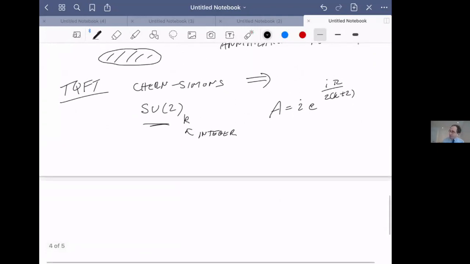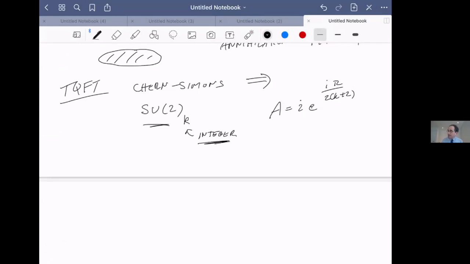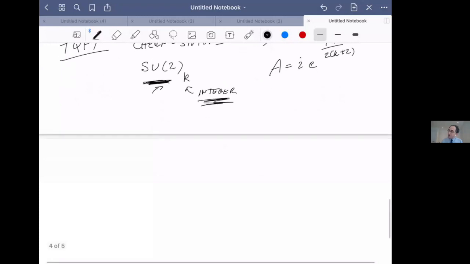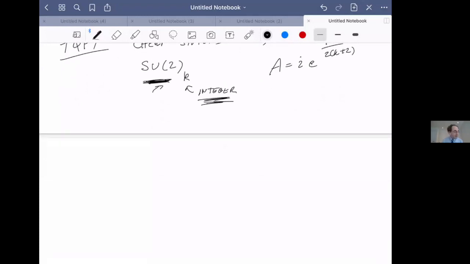Now, I'm only going to discuss the topological quantum field theories of type SU2 level K, with K being an integer, but there are a few proposals for things like SU3 out there, but not many. So let me make a list. SU2 level 1 corresponds to a U1 theory for those people who are familiar with it. That's an abelian anion theory for those who are familiar with it. And most of fractional quantum Hall effect fits here.